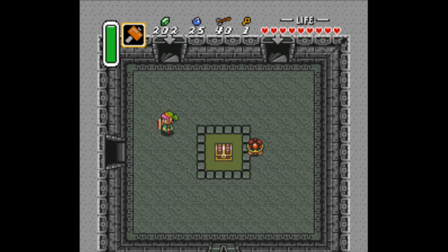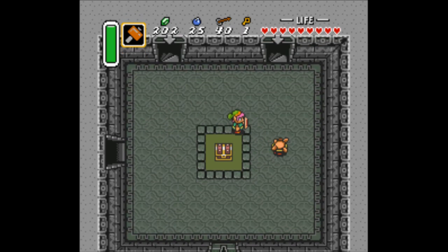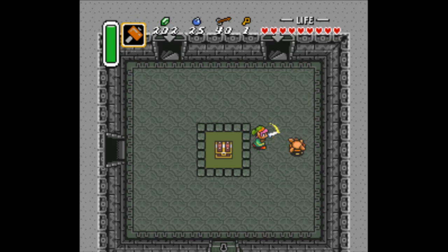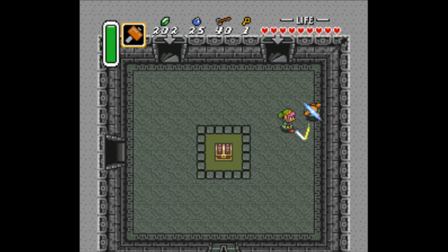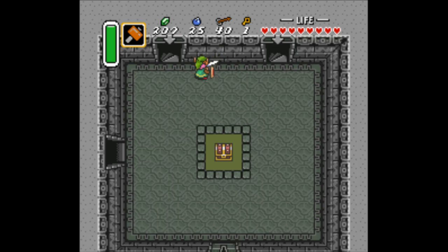But the magic hammer does allow us to flip over the Terrorpins. Note that the magic hammer has a shockwave and a direct hit attack. You want the direct hit to hit the Terrorpins, otherwise the shockwave will flip the Terrorpin back over. And when it flips back over, which happens naturally by the way, if the Terrorpin isn't defeated for too long, the Terrorpin gets enraged and moves faster, and also